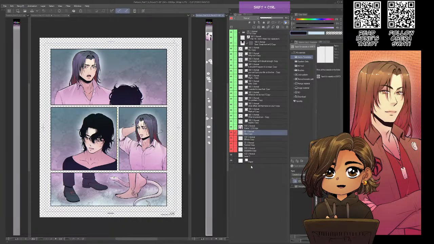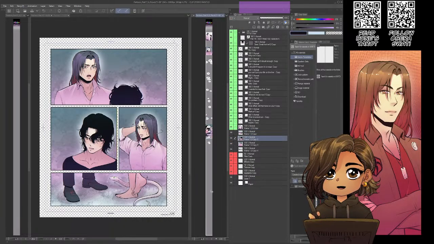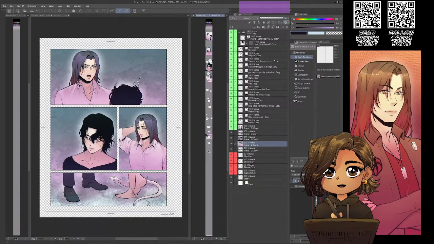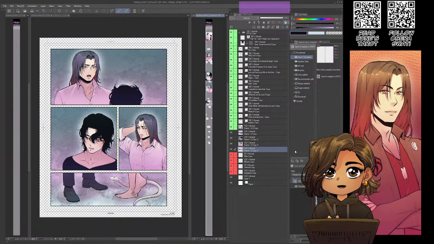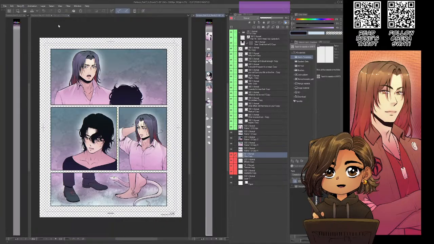Make sure you're underneath the dialogue bubbles. And we'll roughly, these are the position they're supposed to be. Yeah, that's gonna end up being 2 panels. And then this also panels.